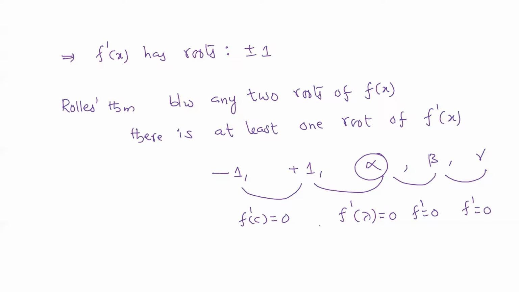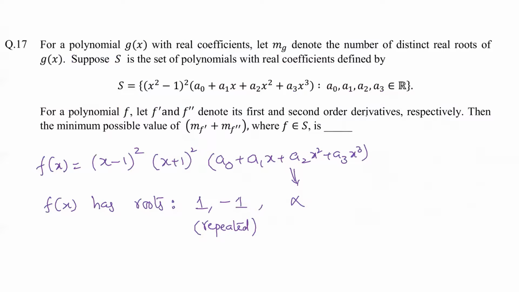But what happens if that cubic equation is actually a constant? They didn't mention that none of these terms are 0. So if I assume the cubic equation is a simple constant, by assuming a1 equal to 0, a2 equal to 0, and a3 equal to 0, we won't be getting any extra root for f dash of x. Can we say that? So ultimately, I'm saying this alpha is also not possible.